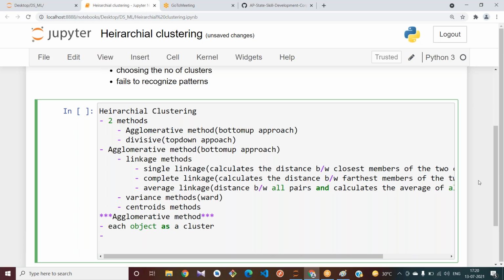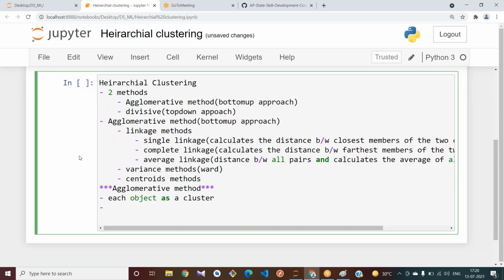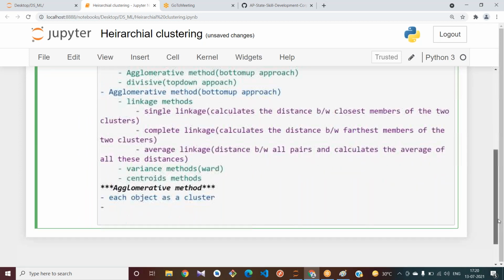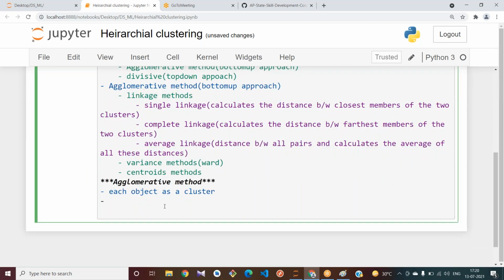And next, what are you trying to do? You are trying to merge two clusters which are similar, right?